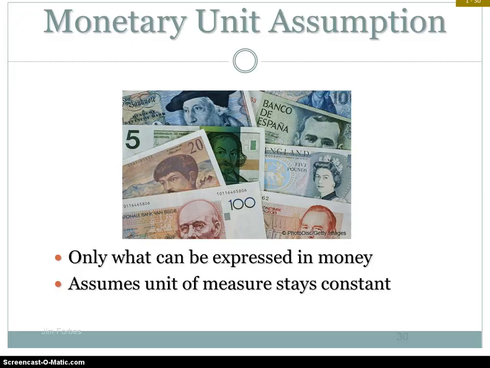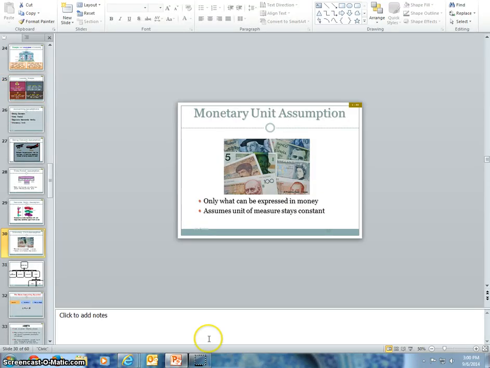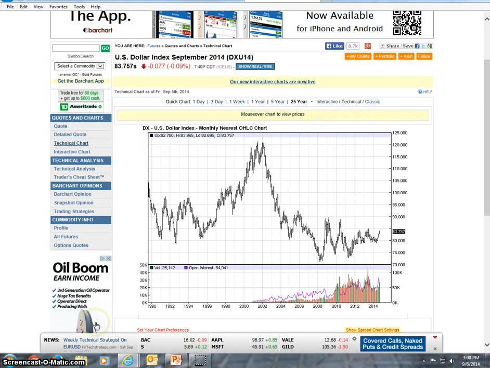Let me give you another example. Here's the US dollar, and this is a 25-year chart. As you can see, this is not stable. This value has fluctuated greatly over the 25 years. And I think this is going to be a growing problem because in the world, there are two types of